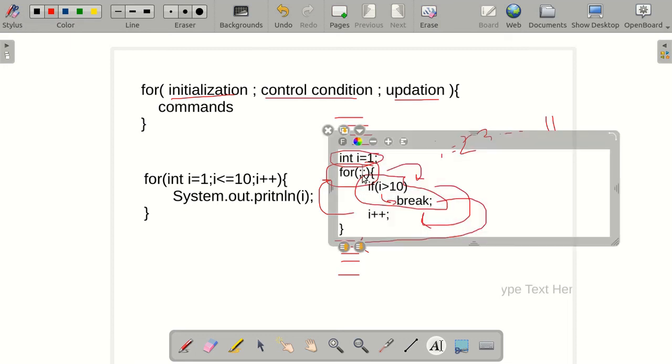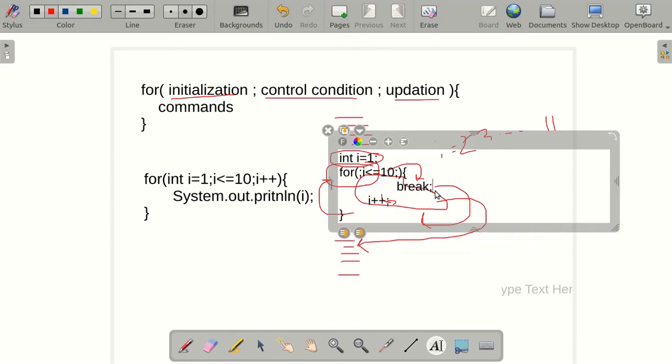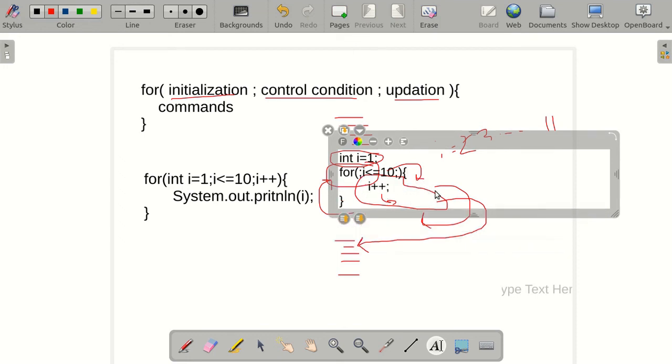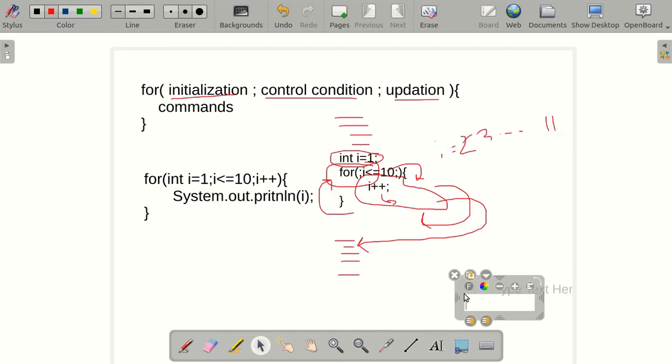You can even write i is less than or equal to 10 over here, and skip the initialization and the updation part in the brackets of the loop. So it is completely normal.